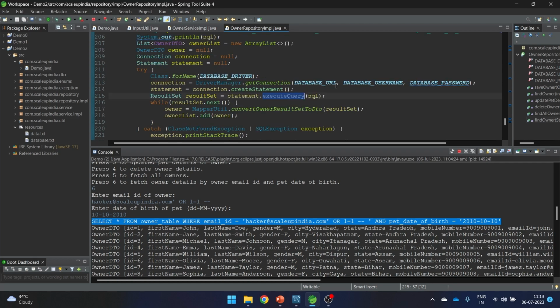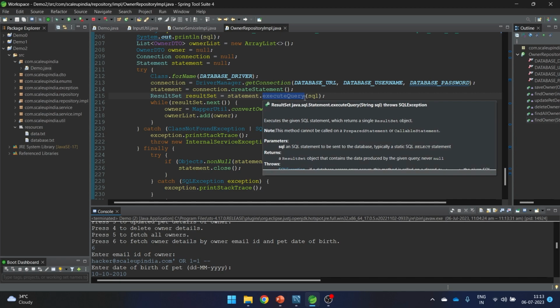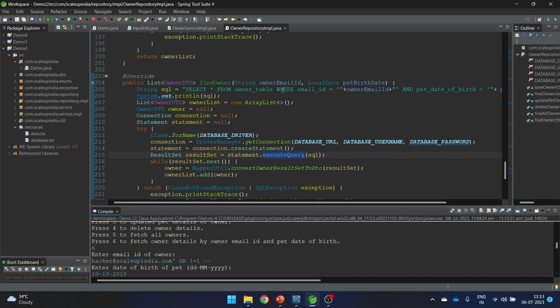But whenever we are coding, we forgot that particular thing and we used execute update here. So in that particular case, what will happen? Let's say here I have mentioned execute update, and in the query we give something like delete or drop the database or something like this, and the whole database can be deleted as it is.